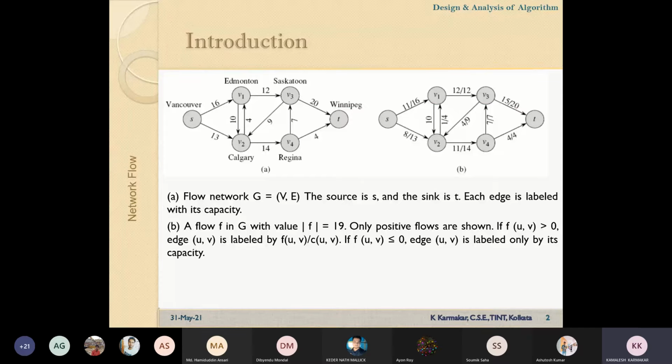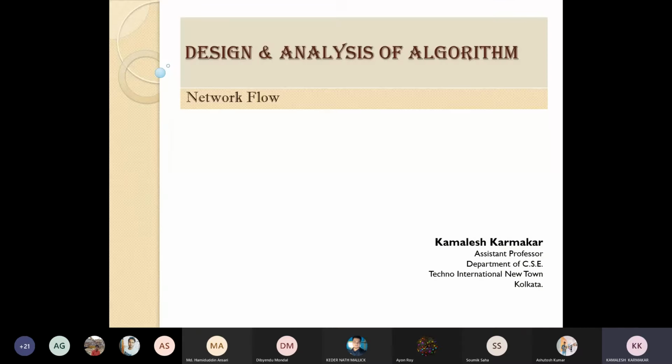Okay, so what actually is the network flow problem? Let us try to understand the application area and where it will be used. Network flow means a network is given, and in that network we have a source and a sink. From source to sink there are lots of intermediate connectors, and using those connectors, what can be the maximum flow? So our objective is to determine the maximum flow. Let me show you with one example so that it will be easier to understand.